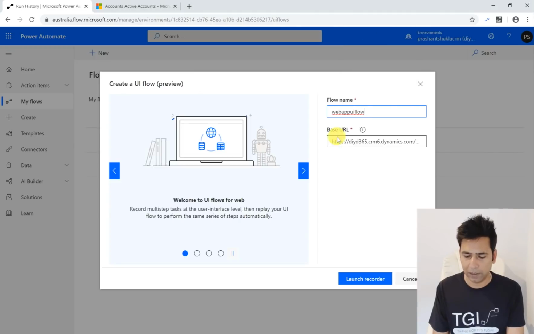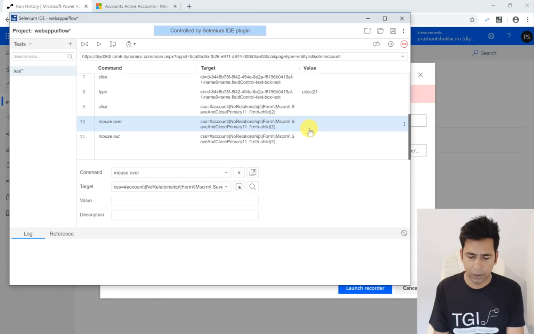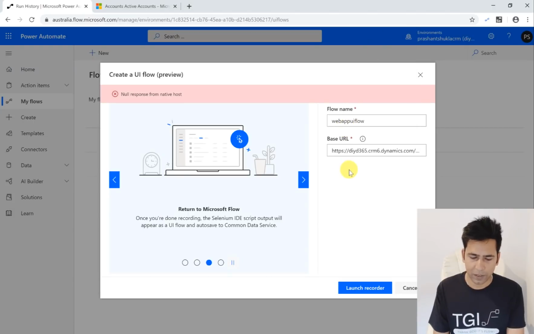All I did is I was here, I gave it a name, my base here, I clicked on launch recorder, and it opened up my Selenium, which is this. It has captured all the steps of account creation, which I performed. And now all I have to do is hit save project. Once I do that,